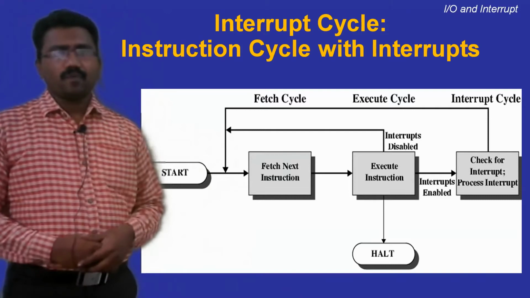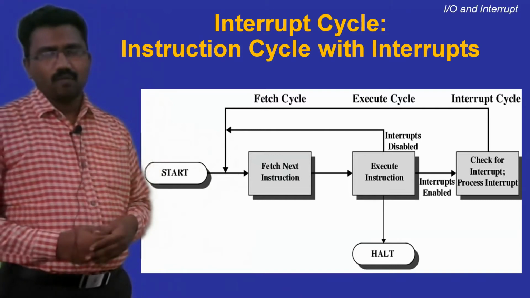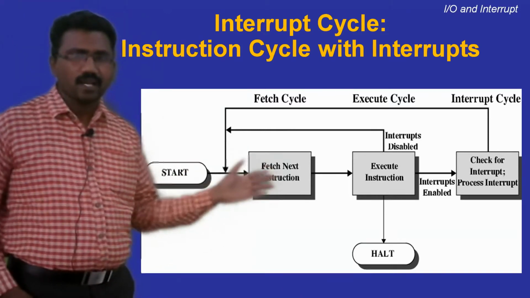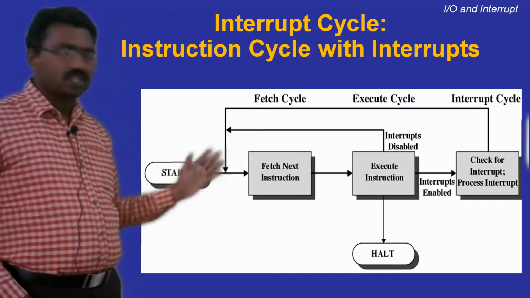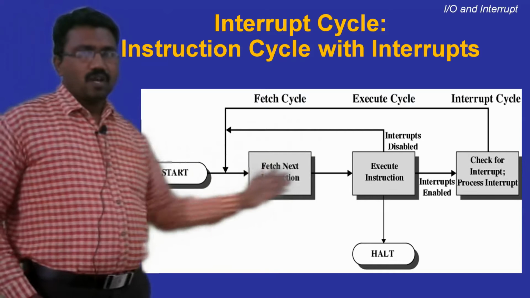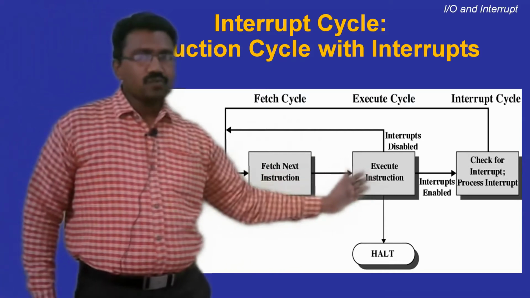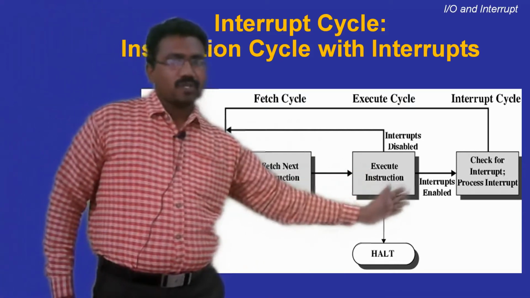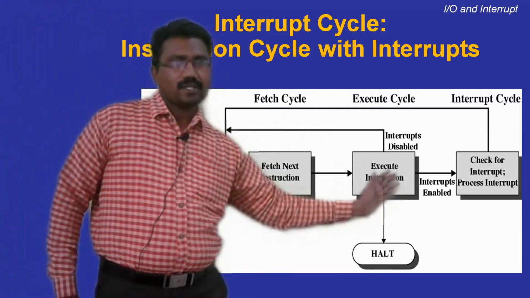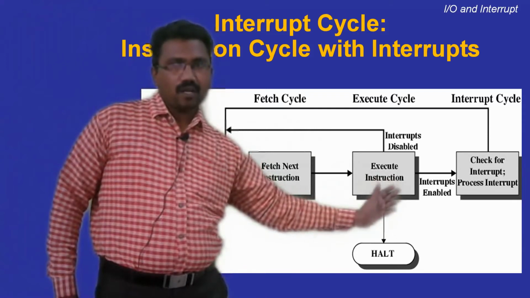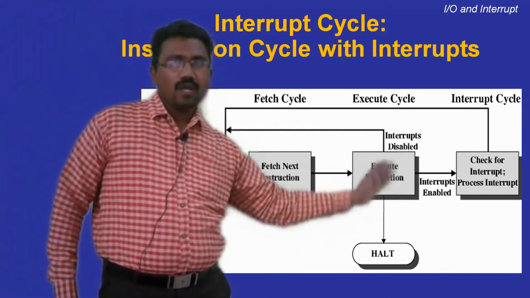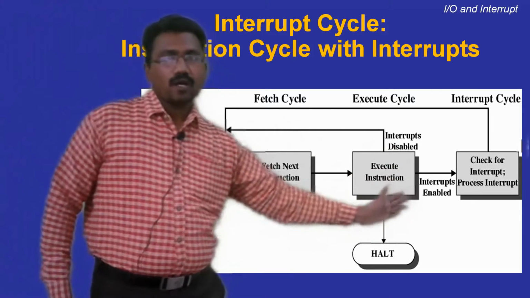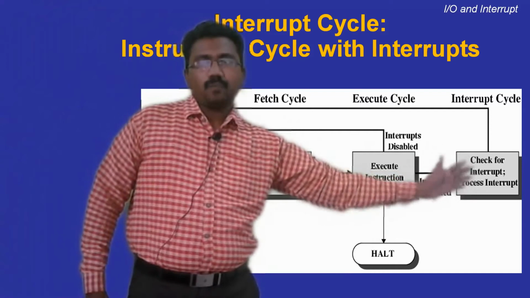Every different processor has its own interrupt cycle. What is the general definition of the interrupt cycle? The interrupt cycle is added to the instruction cycle. You know, in the instruction cycle, we fetch the instruction and execute the instruction. After execution of every instruction, the processor checks whether an interrupt is pending or not by checking the interrupt enable flip-flop. If the interrupt is enabled, suspend the current running program, control goes to the interrupt cycle,